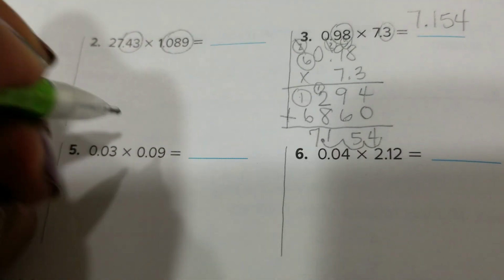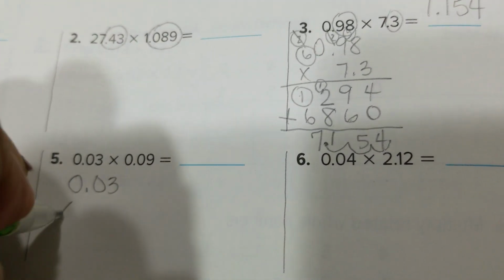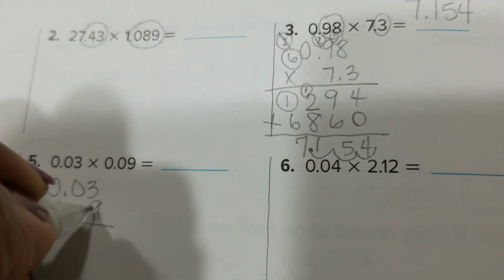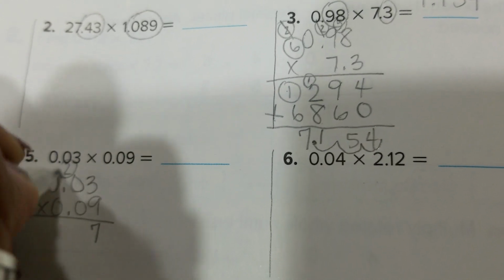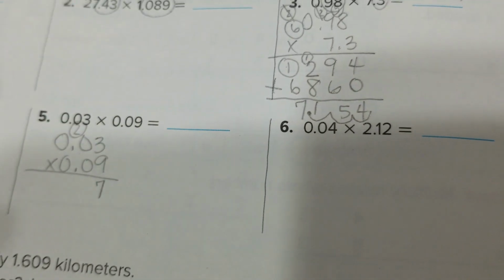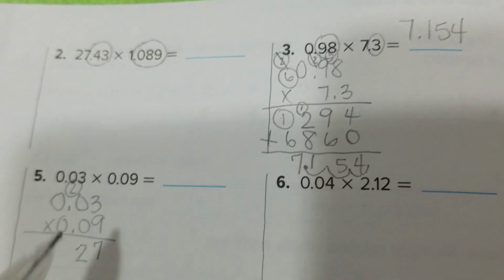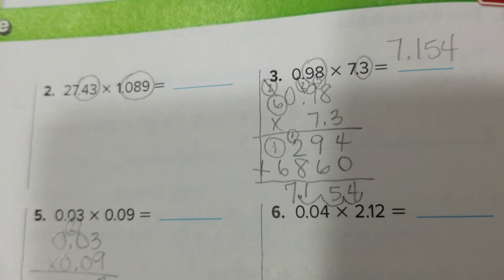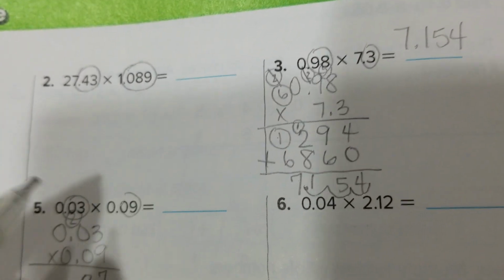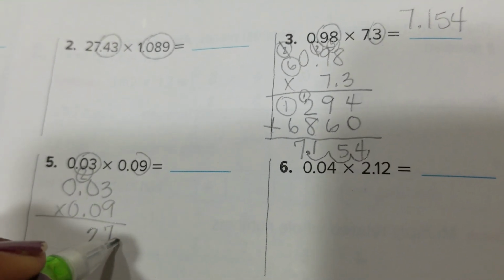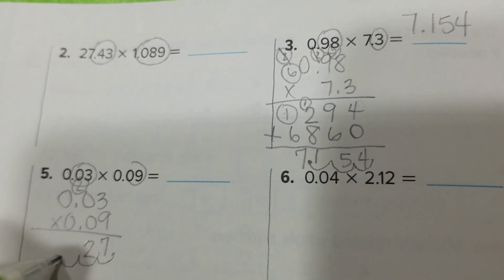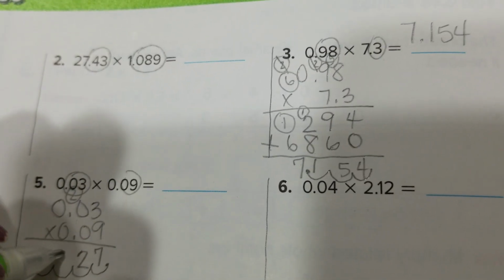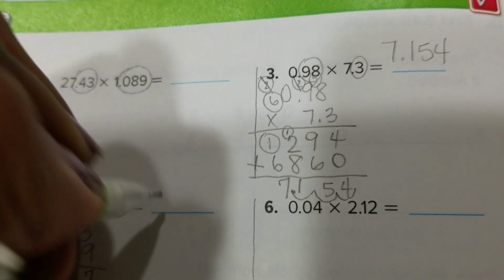For number 5, 0.03 times 0.09. Okay, 9 times 3 is 27, carry a 2. 9 times 0 is 0, plus 2 is 2. Okay, everything else is a 0, so nothing else to multiply by. And we have 1, 2, 3, 4. So we start from the back and we count 1, 2, 3, 4, put our decimal point, and we fill in these blanks with zeros. So our answer is